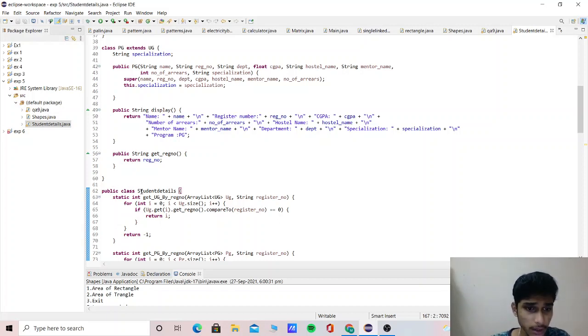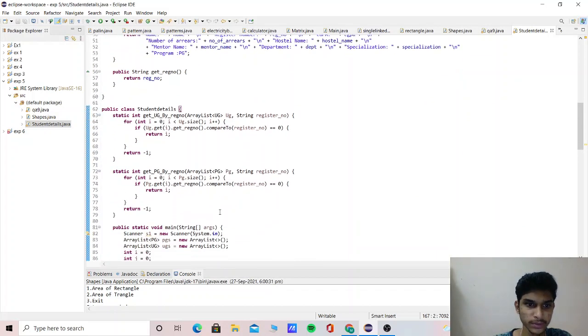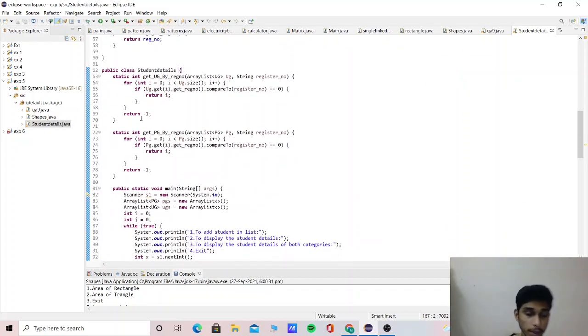Then public class StudentDetails, static int getUGByRegisterNumber with ArrayList UG and string registerNumber. For int i = 0; i < UG.size(); i++. If UG.get(i).getRegisterNumber compared to registerNumber equals 0, then return i minus 1.